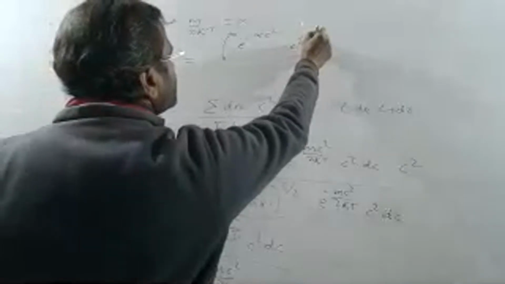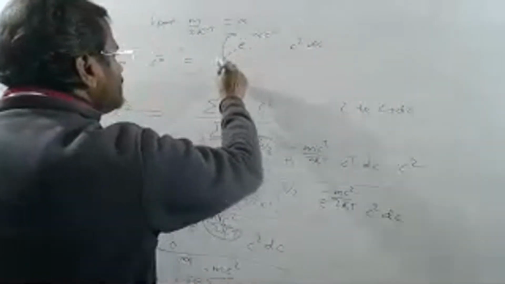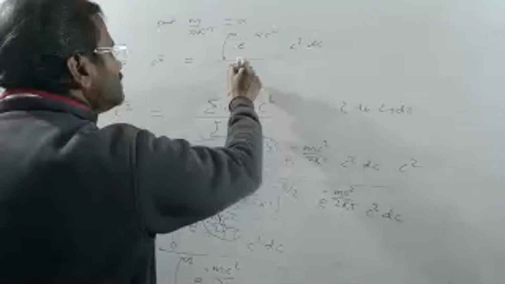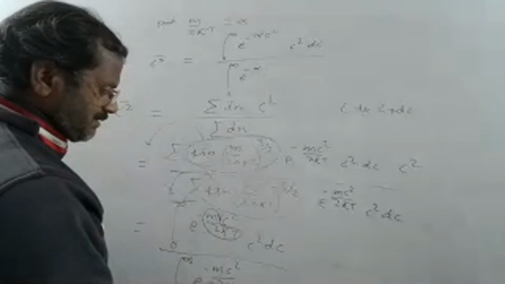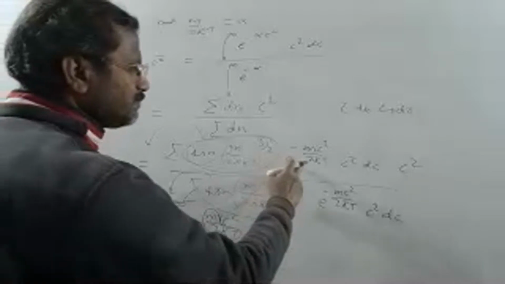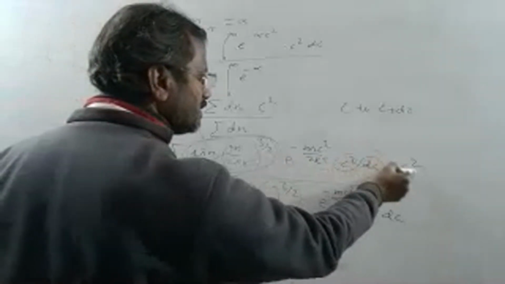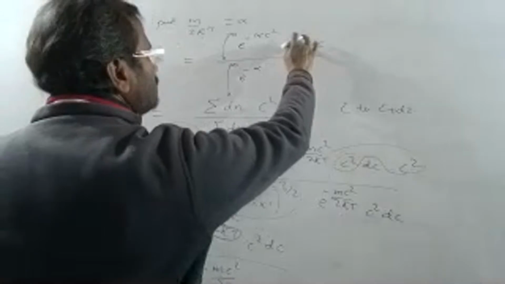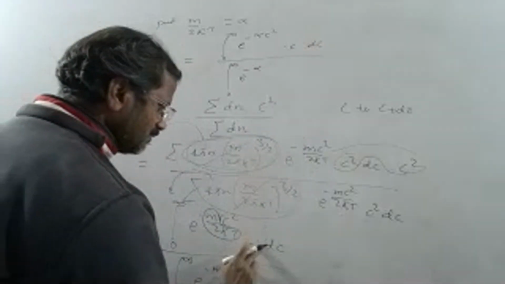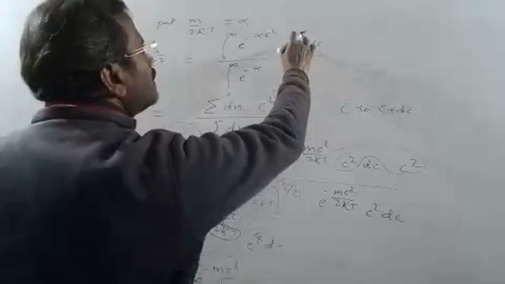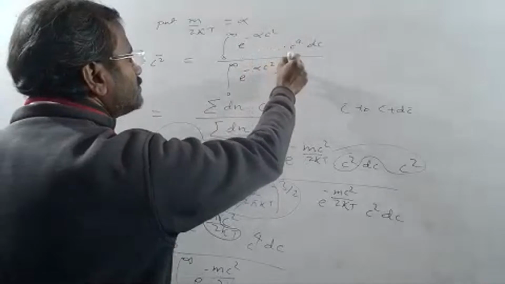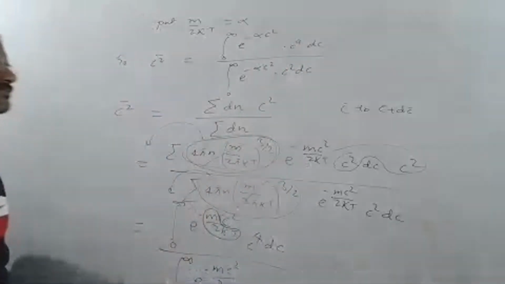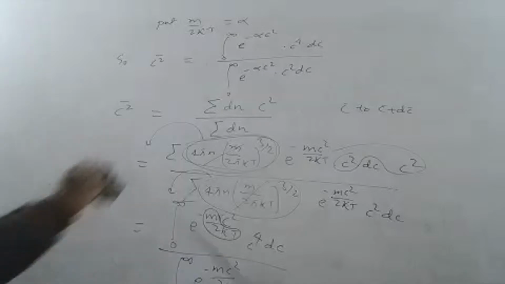mean square velocity is equal to the integral from 0 to infinity of e to the power minus alpha c square into c to the power 4 dc, divided by the integral from 0 to infinity of e to the power minus alpha c square into c square dc. So this term